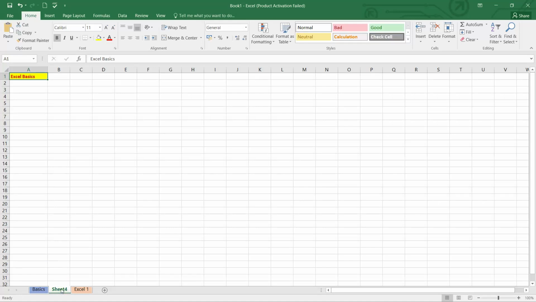Sheet 4 already has it and Excel 1 also will have the same thing written on it. So that's how you can do similar types of templates. You can create similar types of templates if you want to represent multiple sheets in the same manner. You can just select all sheets instead of copy pasting. You can simply select, create a template in one, and then you can follow up for the rest of it.